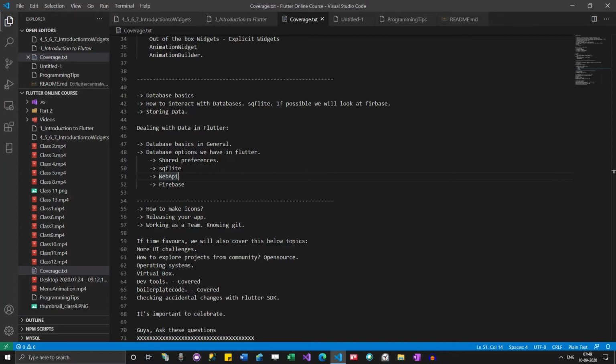Not only do they expose the data using these web APIs, you can actually perform some operations also. You can insert a new record, or modify something.